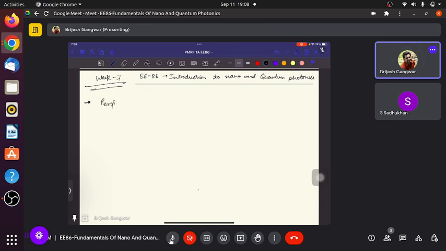So the performance matrix of tunable metasurface depends on some modulation depth, that is defined as delta r by r or delta t by t, where delta r is the radius, let's say of a ring, and the thickness of this also matters, and some modulation speed,